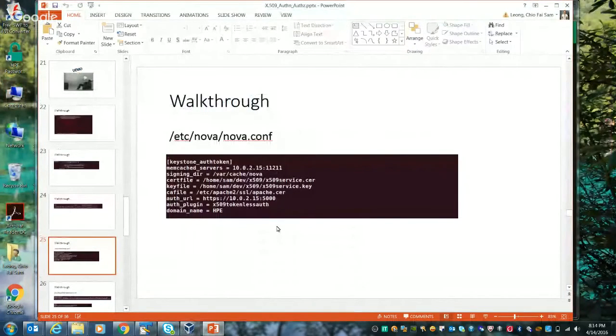So this is basically what we need to specify to use in the local config file. As you notice, we need to specify the cert file, the key file, and also the auth plugin. The auth plugin is what I mentioned. There's also another auth plugin that we implemented in one of our patches. So that's what is basically done. And the other thing that we need to configure is